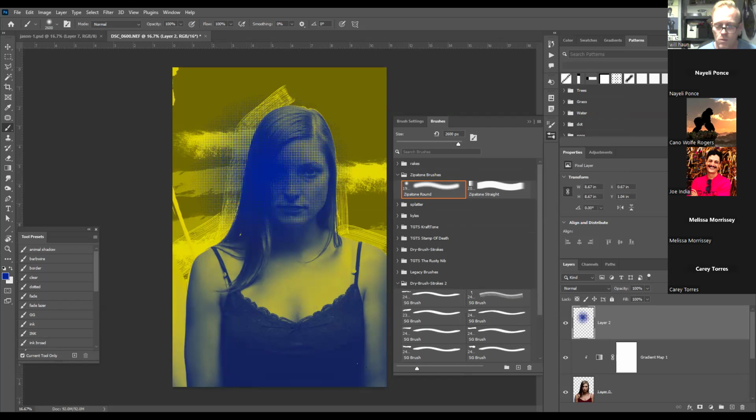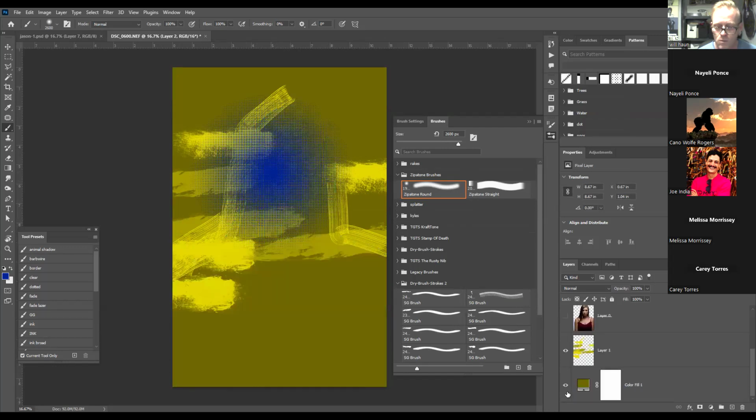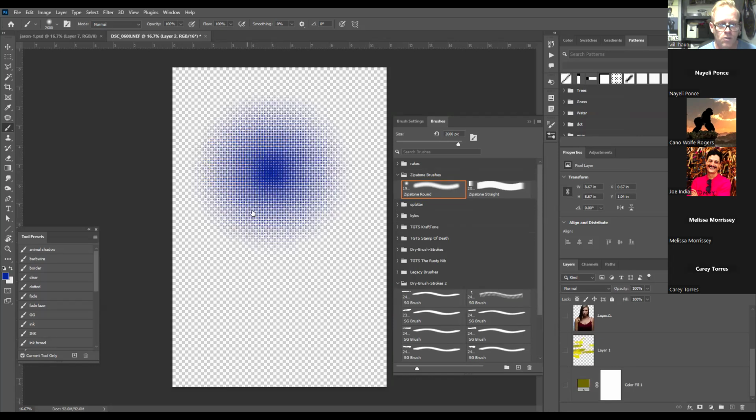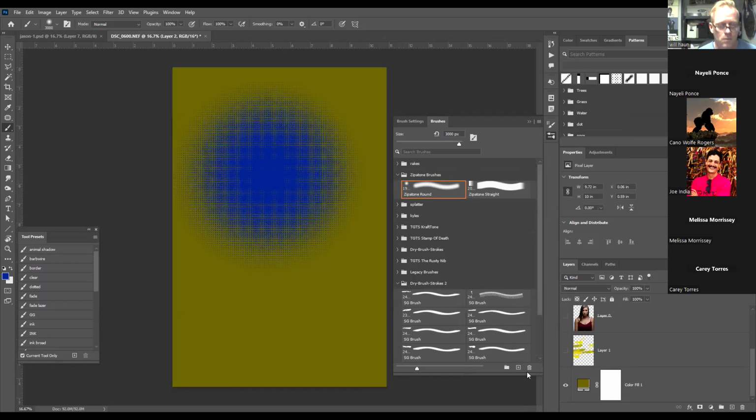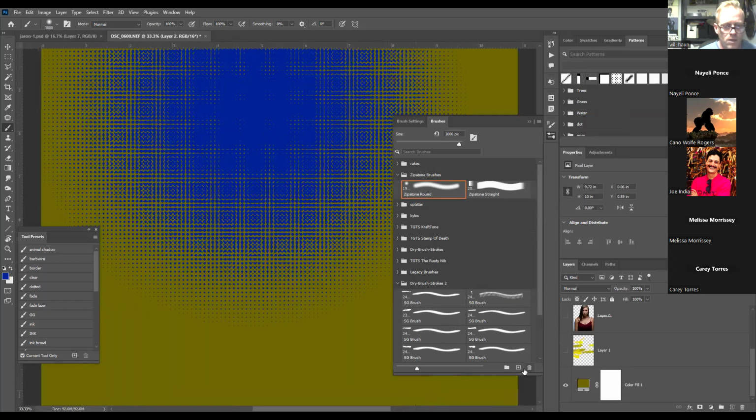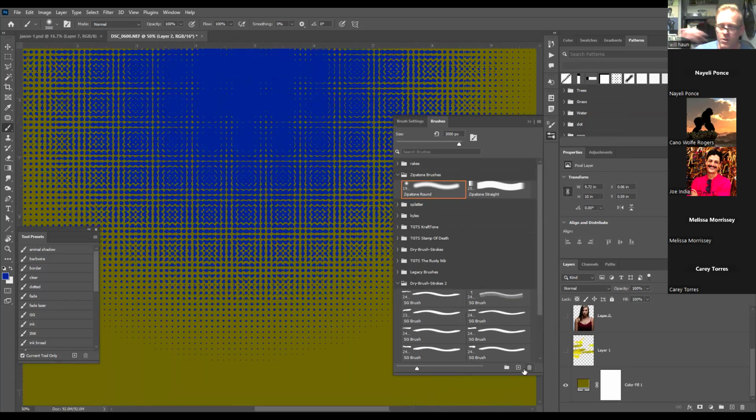So that's what this brush looks like. I'll build up the density a bit. So you see that, right? So all a zip is, folks, it's just a series of dots, and they usually get big